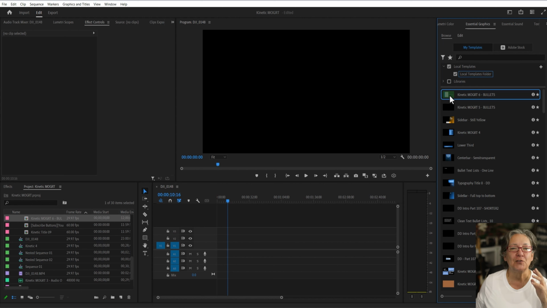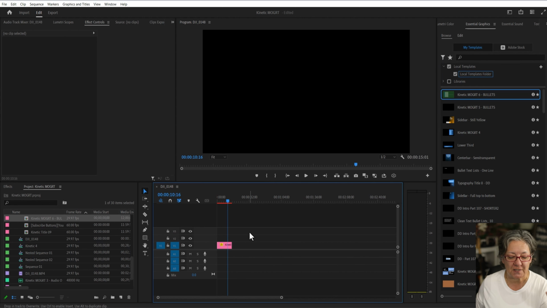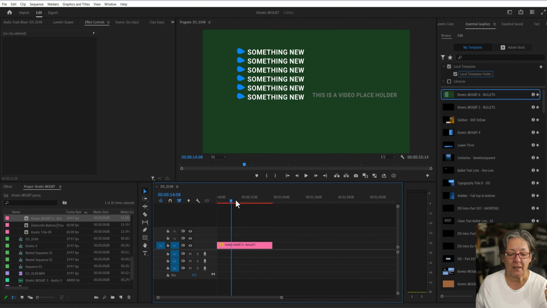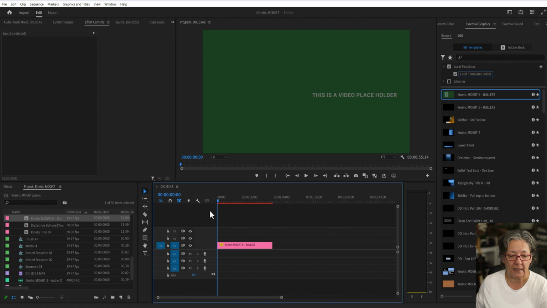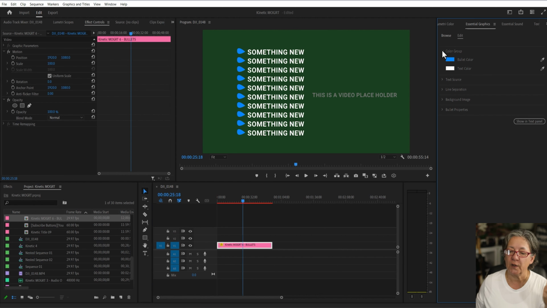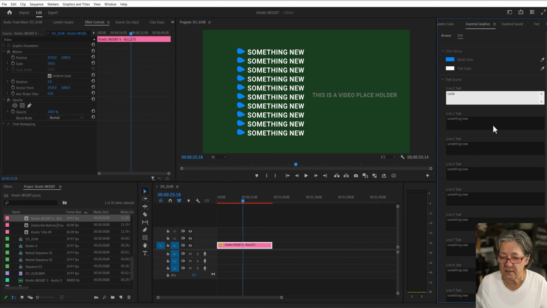I am going to go over how to create this MOGRT, which is another set of bullets. I'm going to make this a little bit longer, and let's just take a look at the things that we can change. We can change the color group. I'm going to leave it as it is, but you get the idea. You can change the color of the text. You can change the color of the bullet. You can change the text source, so I'm just going to type Louisa